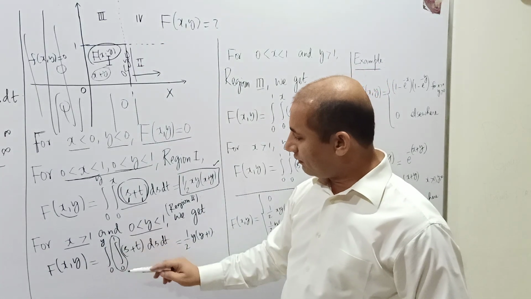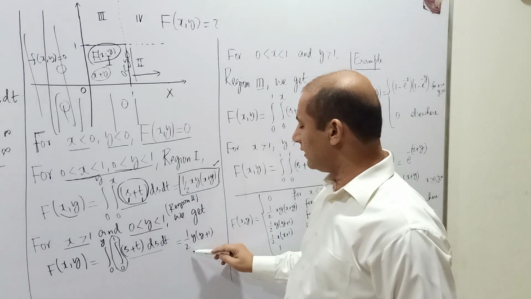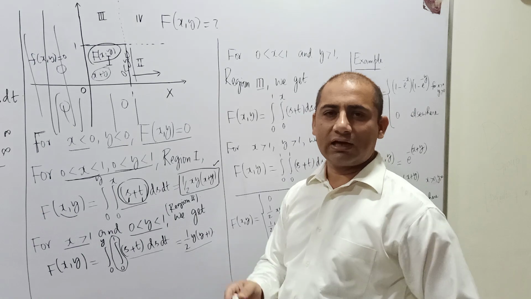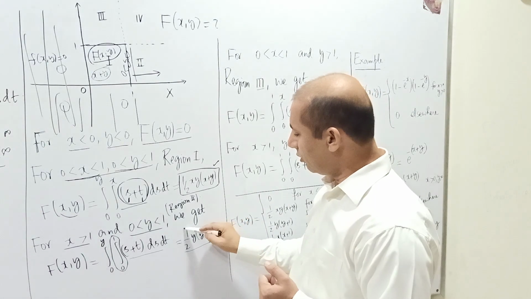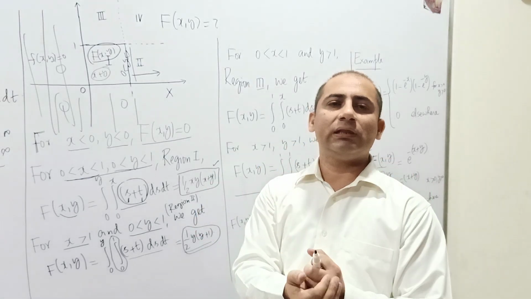So this 0 to y, and then again the same s plus t ds dt, and then after the simple computation I will have an answer only in terms of y, because I have consumed all x